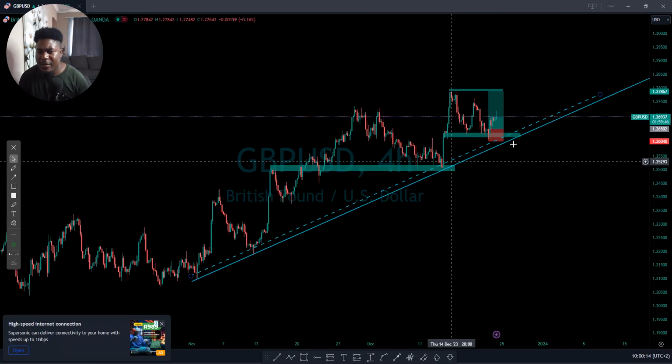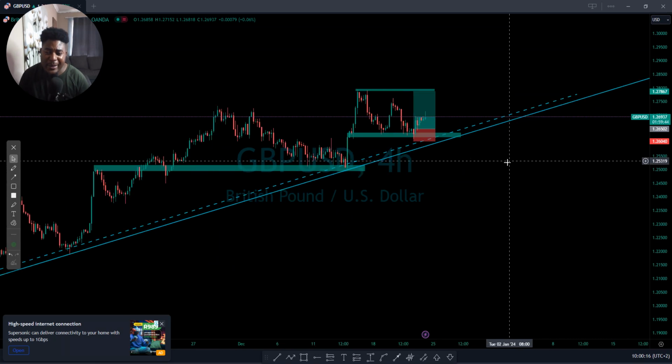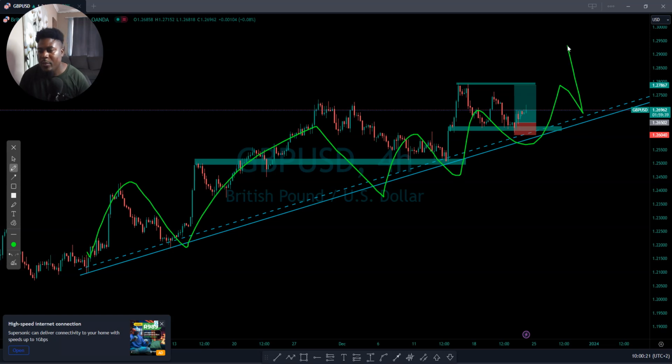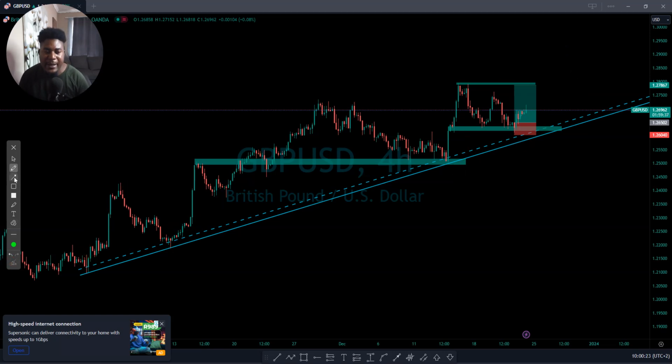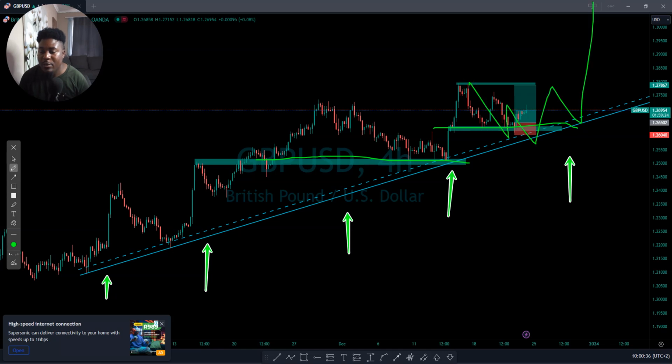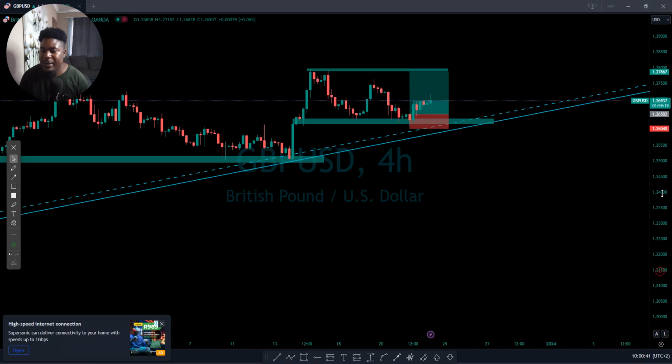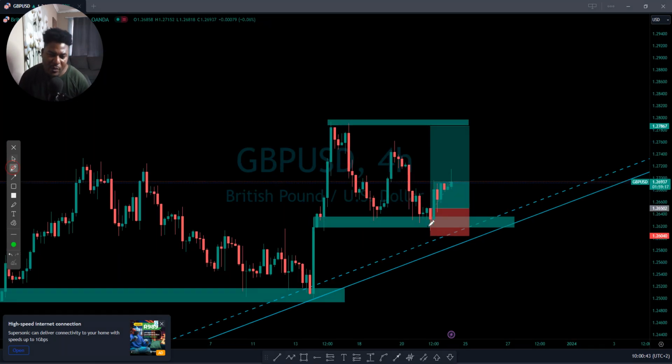GBPUSD. What happened? I think I did talk about it in the daily analysis. You can see that the market is actually pushing to the upside. We are on a very nice uptrend. I did talk about this uptrend while we were still here, when we were still on a downtrend, and now we're here. And even next year we'll be going further. So the best thing that you can do is make sure you get where you can actually keep buying, right? Yesterday we did buy, even though we did not really touch our TP, but you can see that we were halfway there. I'm already out because I don't really trade too many currency pairs. But I did smash it very nicely.